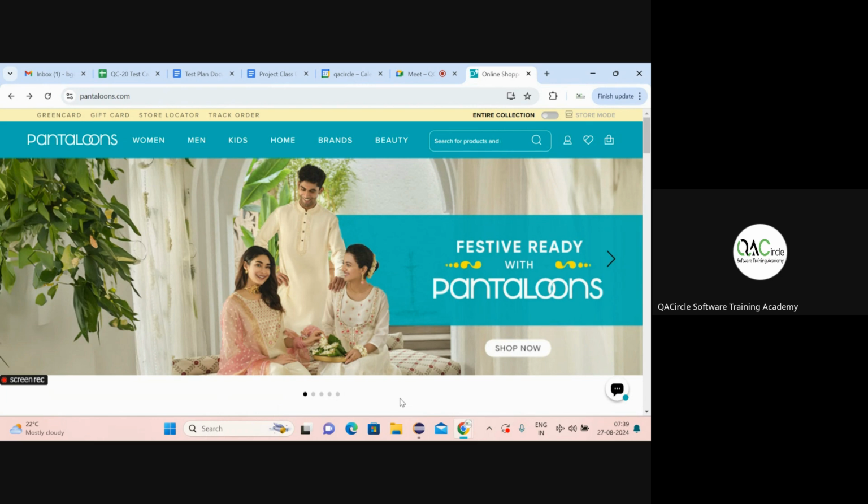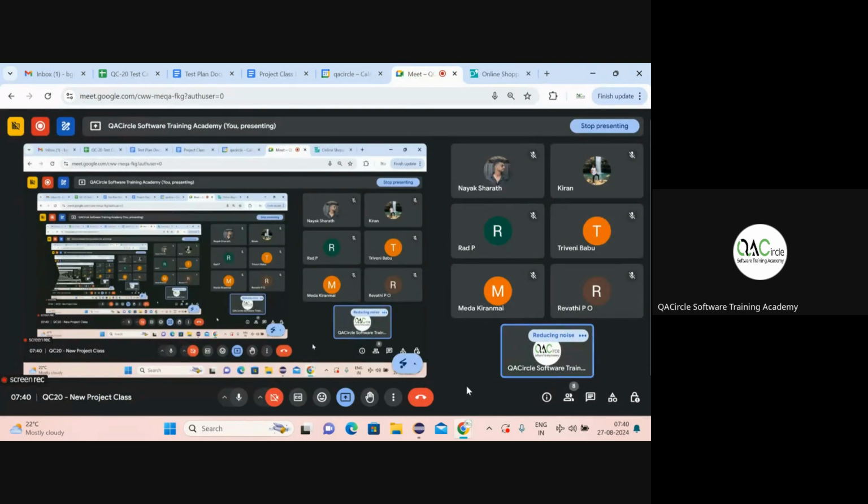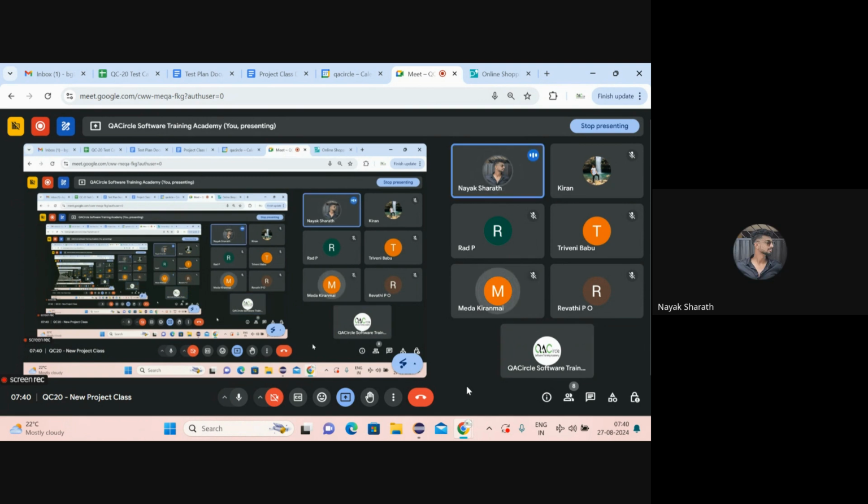Can you people tell me about test case design techniques? What are the different test case design techniques? We have five types of test case design techniques. They are boundary value analysis, equivalence class partitioning, state transitioning, decision table, and error guessing. Right. So when these things will be applied,